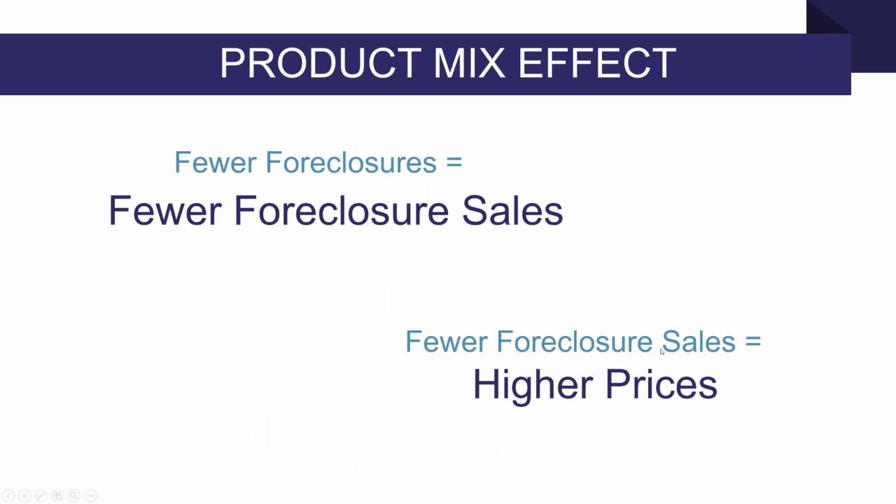Product mix can come into play, be it foreclosures, be it new construction, be it a smaller town that has a large number of jobs that are lost because a factory closed, and so we have a whole bunch of foreclosures come into play. Whenever you have the housing mix change from one of those situations, the types of houses that are selling are different, the prices that they're selling at are different, and so consequently, things like average sales price and median sales price will change.